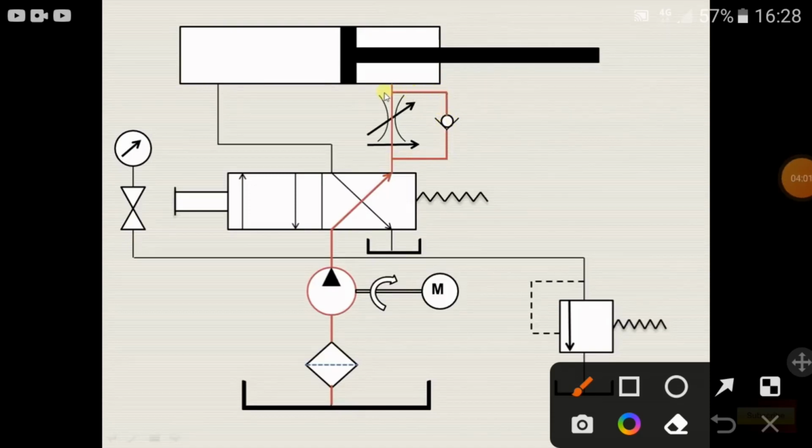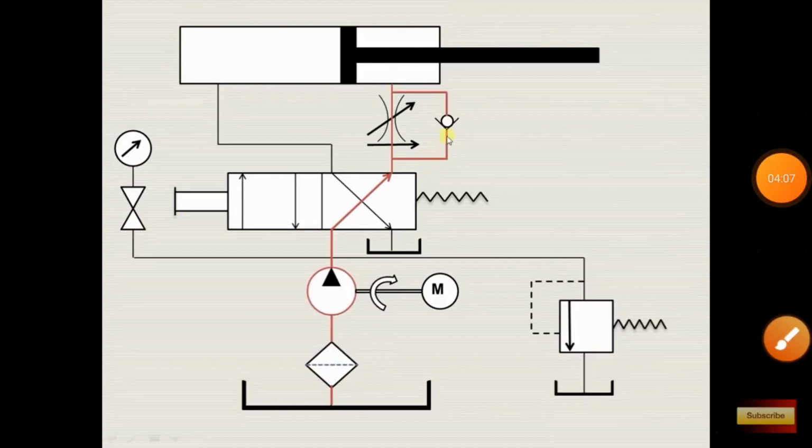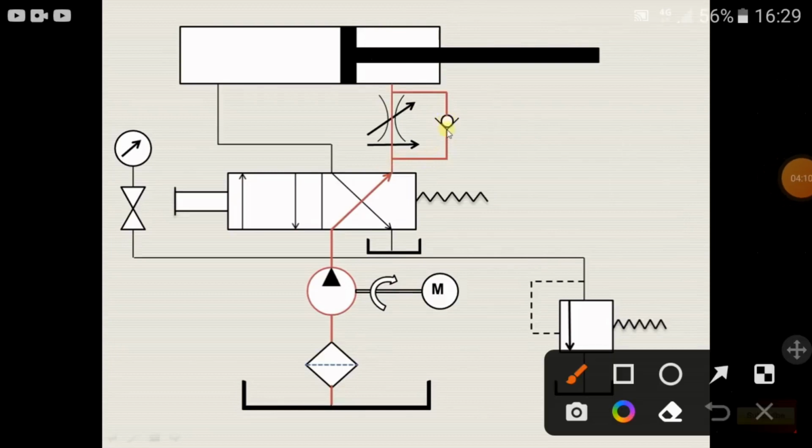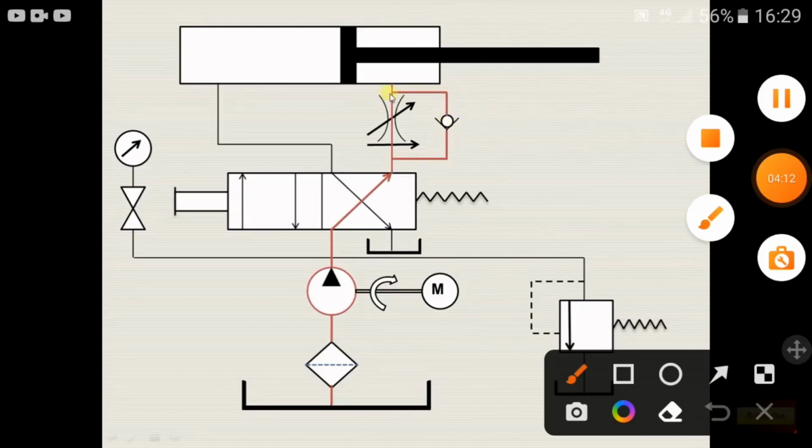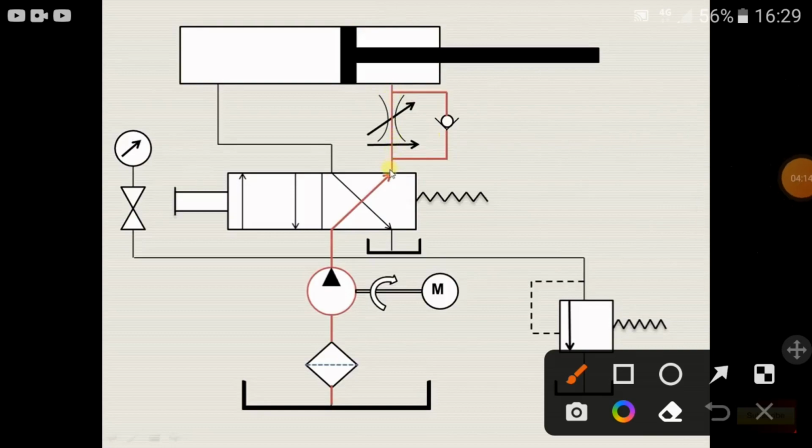From this to this end over here, this restricted opening, and it will cause the piston to move. It goes through this because this is the normally open position of the check valve. From this to this end over here, and then to the port, as well as it will also go through this restricted